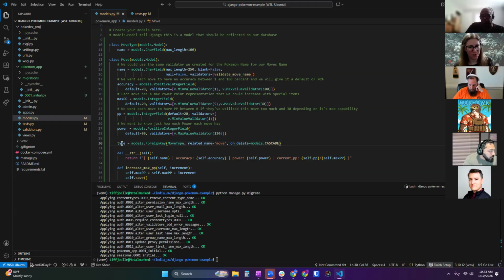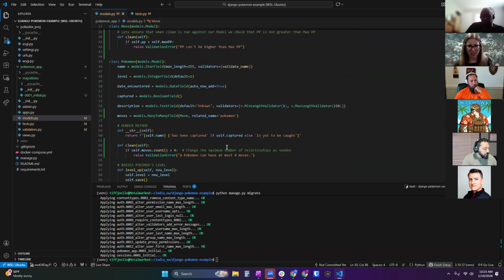Any questions though on this one-to-many? How we did this? It's a foreign key field referencing the model. You can still add a related name for when you query from the other model, but we have to have this on delete. Okay. Then I will stop recording and we will go over what the challenges are for this morning.